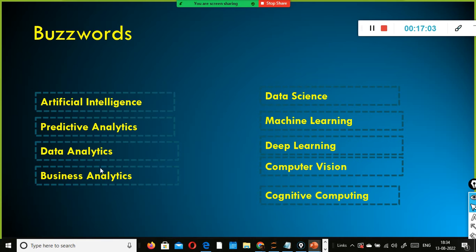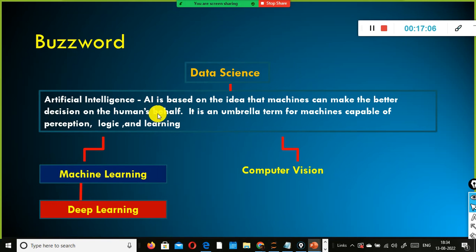The machine learning, look here, so artificial intelligence is the umbrella term, and machine learning falls under artificial intelligence. It's one of the branches of artificial intelligence, and then deep learning evolved from machine learning. Then what is data science? Data science encompasses everything. If you say you are a data scientist, you should know machine learning, you should know deep learning also. It is not mandatory that you should know deep learning, but nowadays, yes, you should be good at everything. And computer vision is also a sub-branch of data science